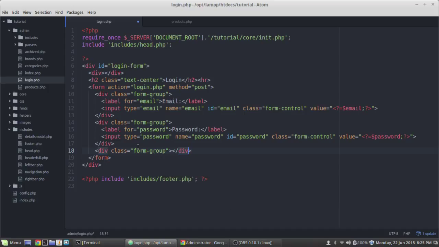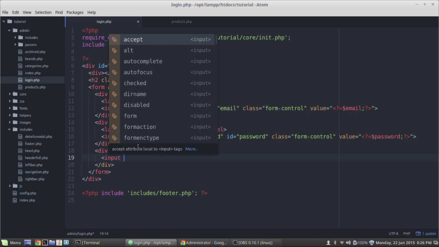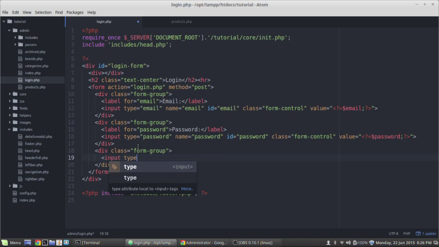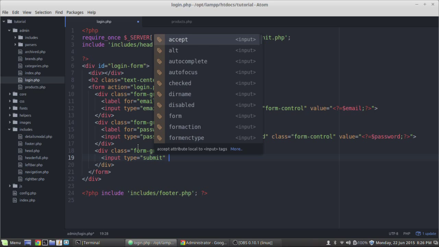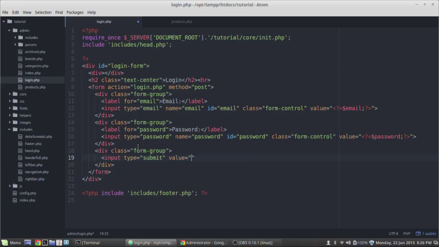Right, and we're going to go ahead and do another input, and we're going to do type equals submit, and then we'll do value, and we'll just say login. Alright,